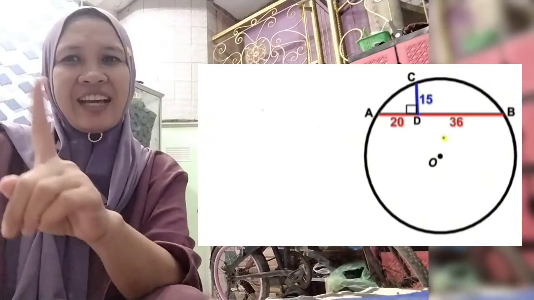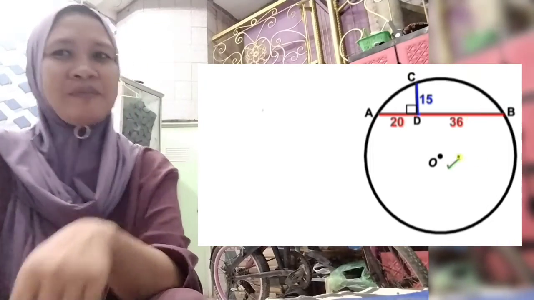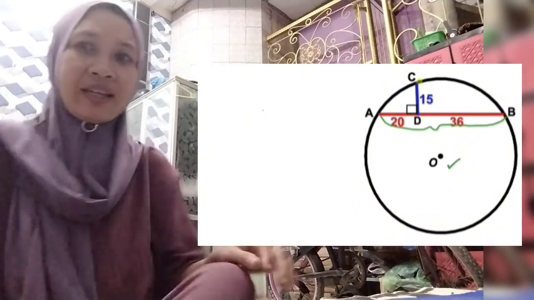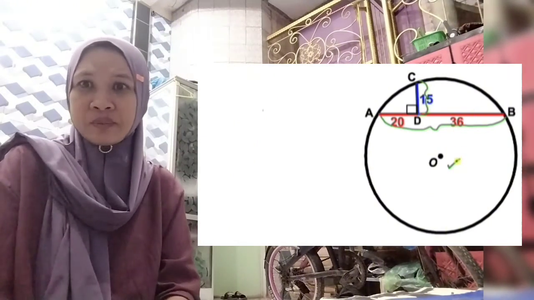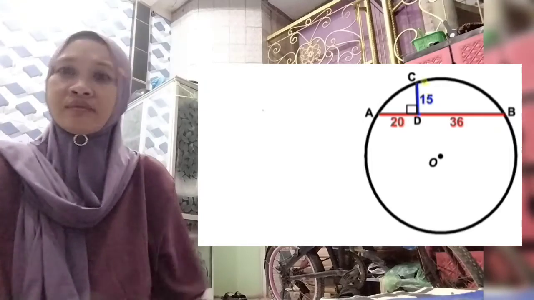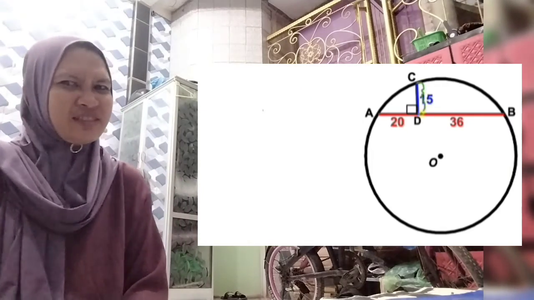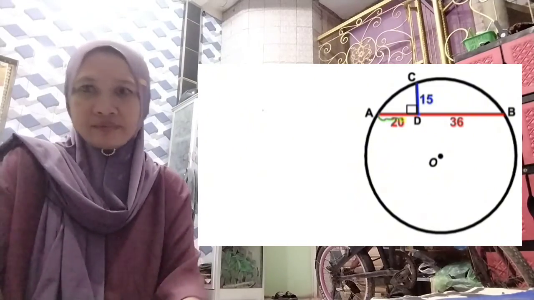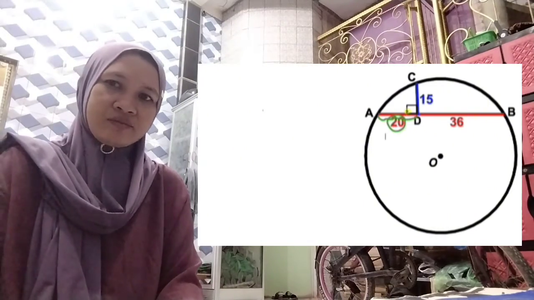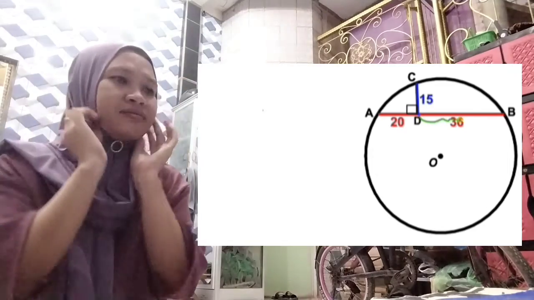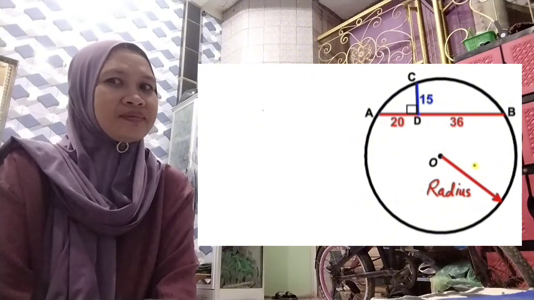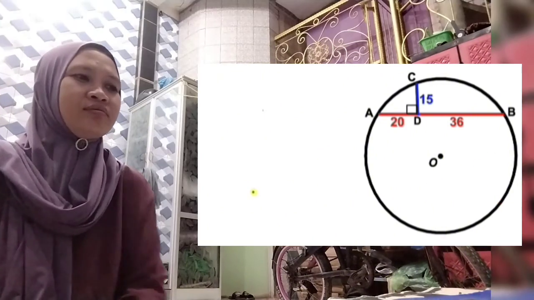Welcome to PreMath. In this video, we have got a circle with the center O along with this chord AB and this perpendicular CD, as you can see in this given diagram, such that this perpendicular CD is 15 units, whereas this horizontal segment AD is 20 units, and the other horizontal segment BD is 36 units. And now our task is to calculate the radius of this given circle. Let's go ahead and get started.